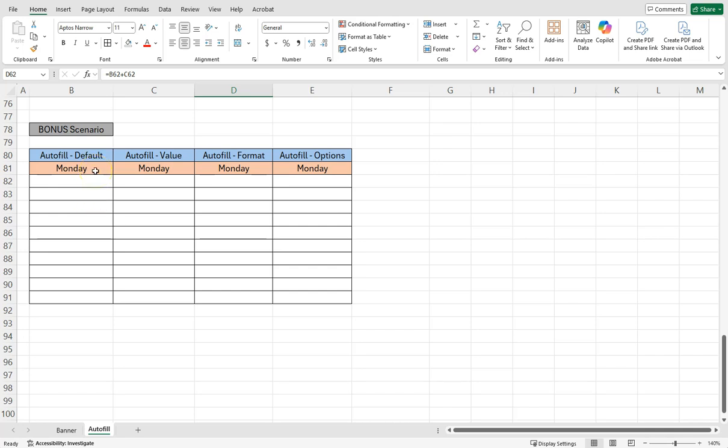So there are various options when you're doing autofill. Some people miss it, some people already know that, but it's a really great thing to know all the options on how you can play around with autofill. So first one here, and all these columns, these are different, and we're gonna just walk through them all. So first one, autofill by default. What you can do is, there's the first day of the week. If I go and if I try to autofill all the values in the same column,